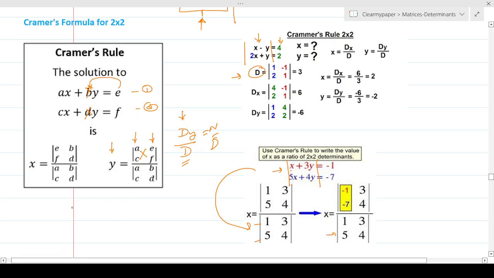So let's check out the right hand side, because on the right hand side we have some nice color coding, so it will be easier for you to understand. Okay, so we know that x is equal to dx upon d and y is equal to dy upon d. And the way they have done it is, over here, all the coefficients of x are in blue color, all the coefficients of y are in red color, and all the coefficients of the constant matrix are in green color. That's why you can just follow the colors.